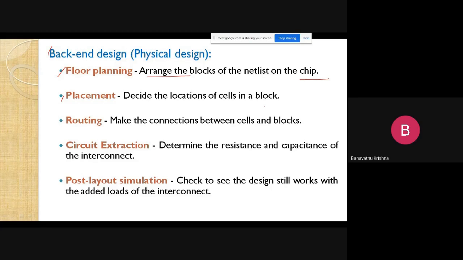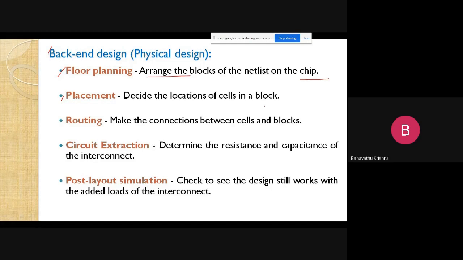Okay, so how do we have to decide? Based on the memory organization, we want to decide. Some of the areas are needed to place the blocks of the netlist, and those blocks are placed in a particular area only. Why?